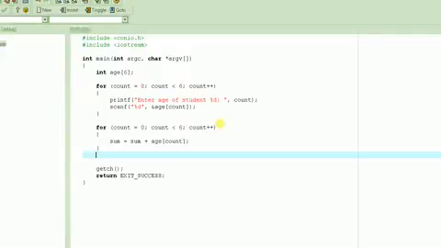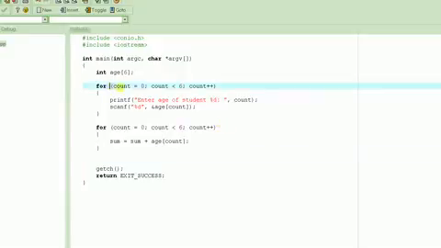Welcome back to C programming tutorials. This tutorial is the continuation of the previous tutorial where we were trying to write a program to compute the average age of a class with 6 students. So what we have done so far is basically